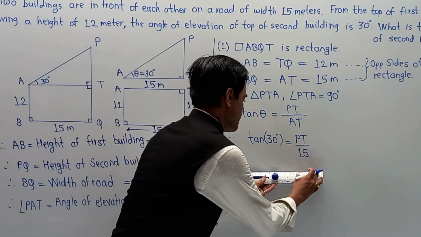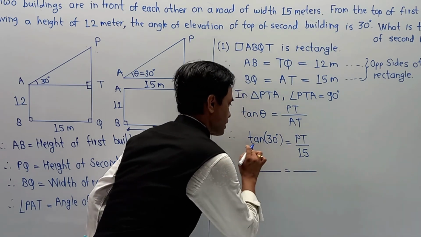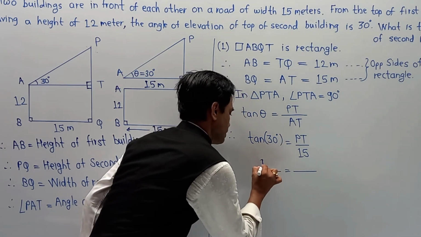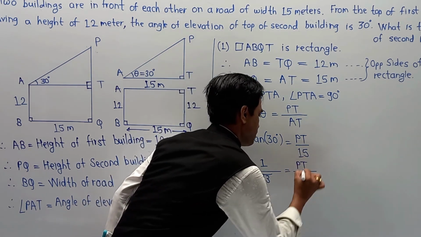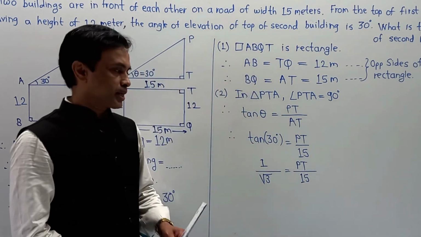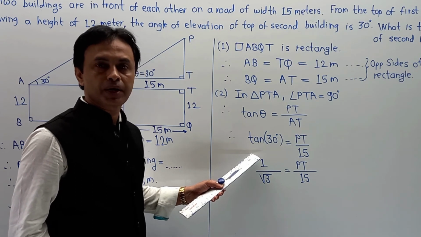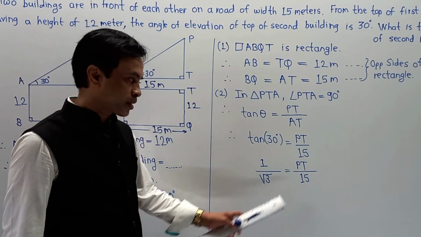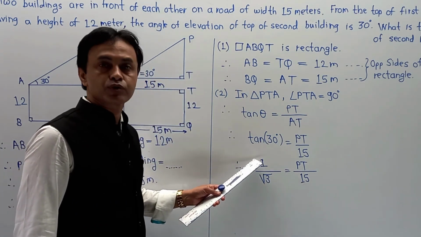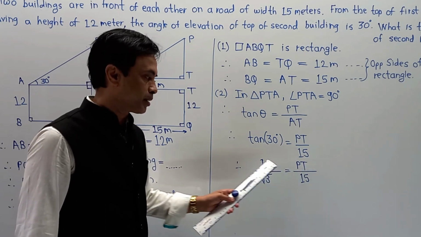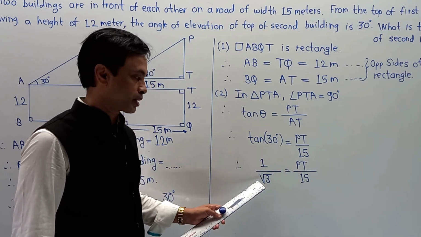So I am going to put the value over here, and the part for calculation is, here tan 30, that is nothing but 1 upon root 3 is equal to PT upon 15. Naturally, you have to shift this 15 from RHS to the numerator part of LHS. Observe this step very carefully. Now this 15 is divided by, goes to that side as multiply by, meaning PT becomes 15 upon root 3, which is coming at a numerator, upon root 3.